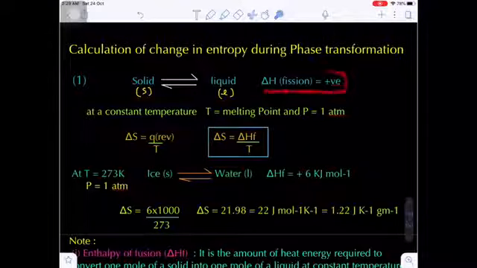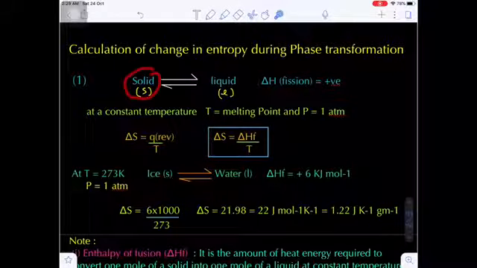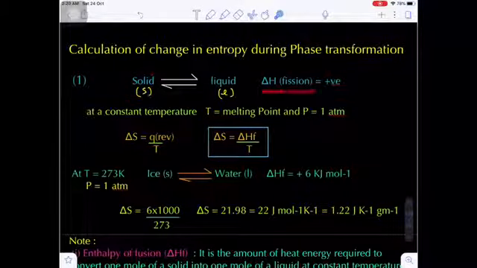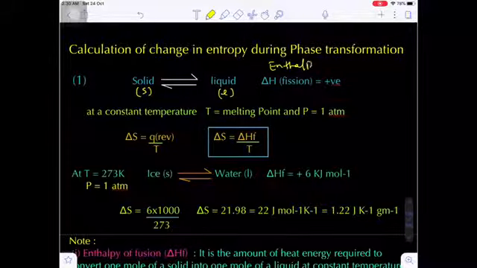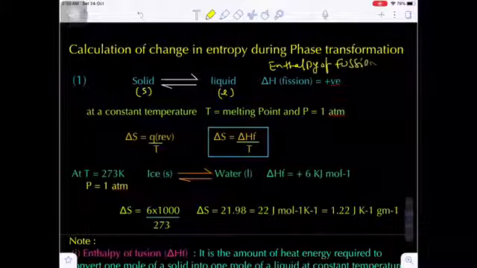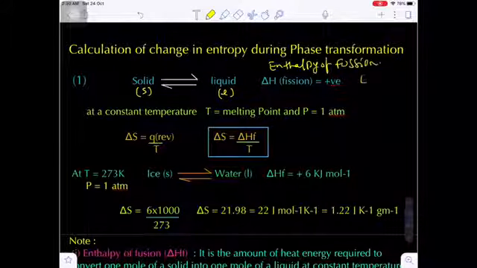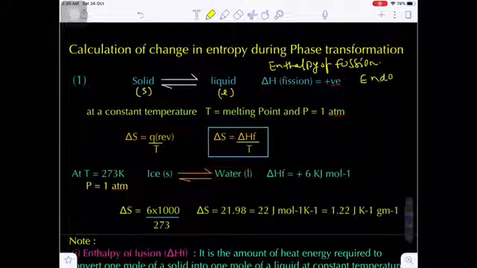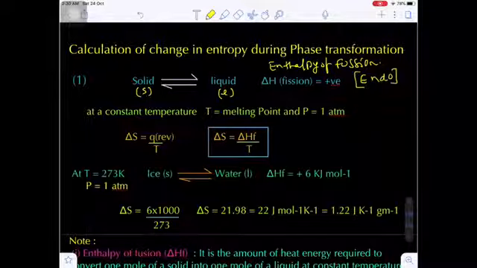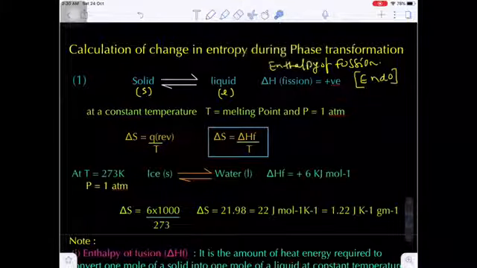So here the amount of enthalpy which is absorbed by the system, that is the solid substance, is called enthalpy of fusion. What is the delta H here? Enthalpy of fusion. Now here the enthalpy of fusion is a positive value. That means this is an endothermic reaction. This is a heat energy required reaction. Are you getting my point?